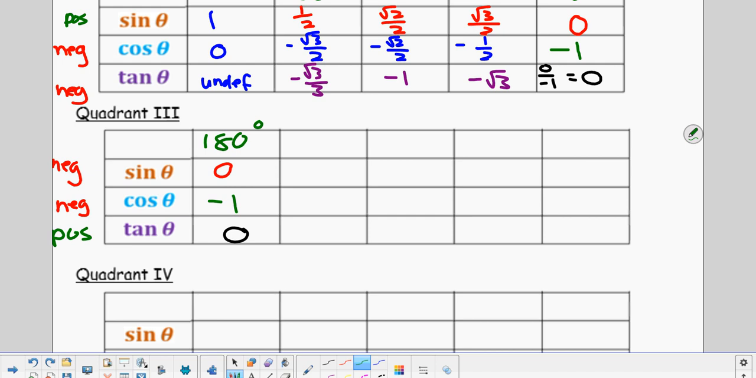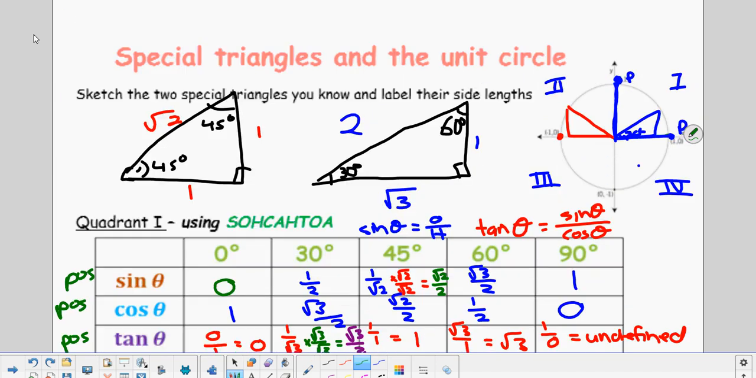Good guess? Would you do 180 plus? Yeah. 210? Yeah, it's always from the x-axis. That's a good question. To make the 30-degree triangle happen,